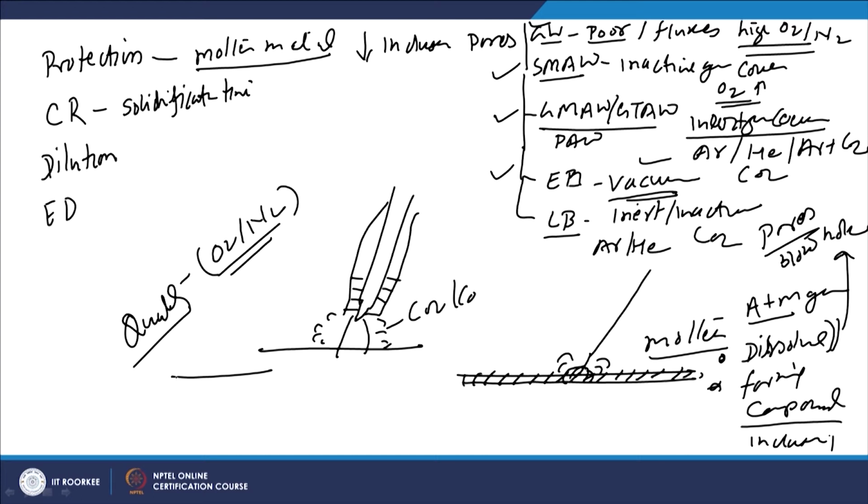Like we have one bead-on-plate pool of the molten metal which is to solidify. So, that solidification time will depend upon the cooling rate, how fast heat is being extracted from the molten zone. If our heat input is less, then the surrounding metal will be cool and heat will be extracted at a faster rate. So, this will lead to an increased cooling rate, and increased cooling rate means the solidification time is reduced, and reduced solidification time or increased cooling rate means less time